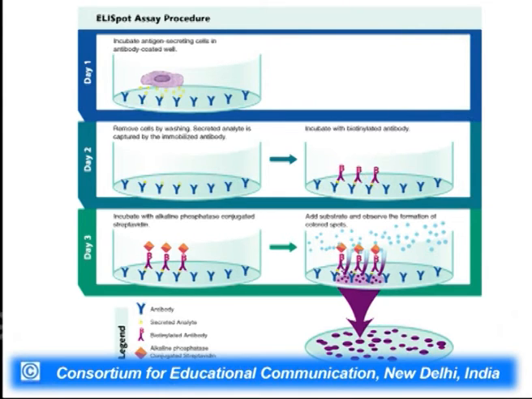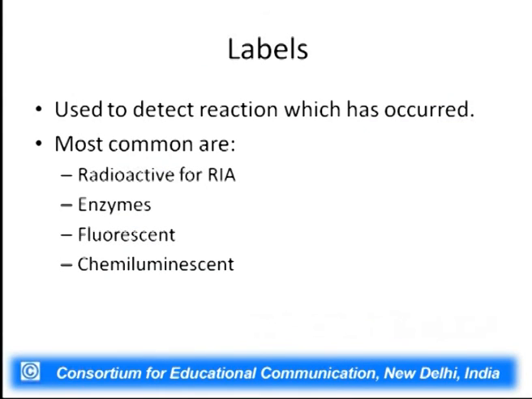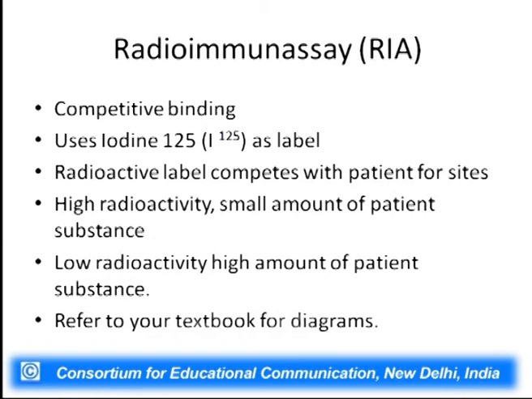the growth hormones. So we can also have certain labels, like we have used an enzyme as a label, and the most commonly used labels are radioactive labels, which I use for radioimmunoassay. We have enzymes, we have fluorescence, and we have chemiluminescence. We can further move on to a radioimmunoassay which is based on competitive binding. That means I use